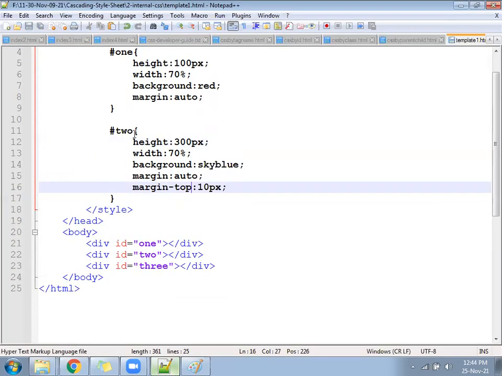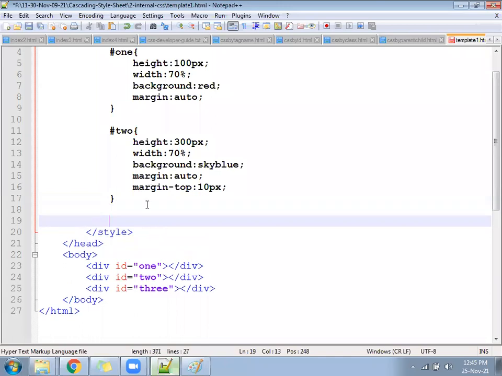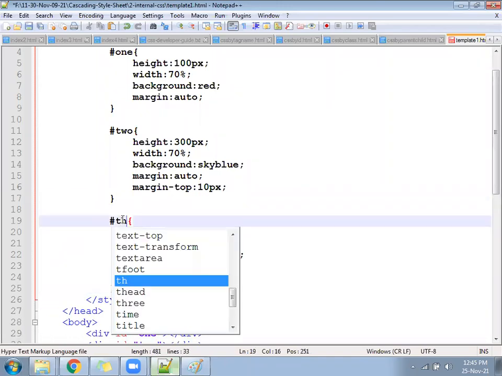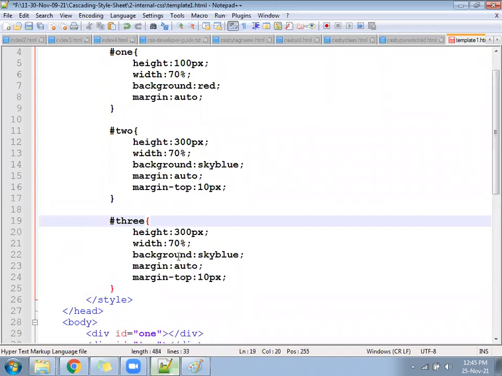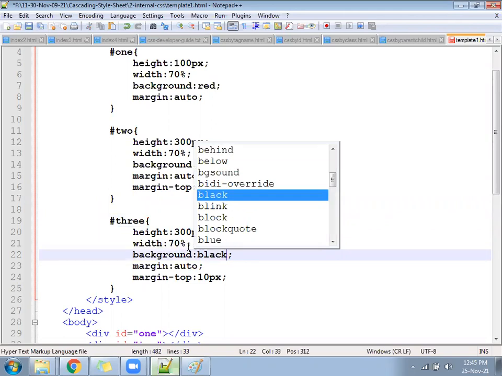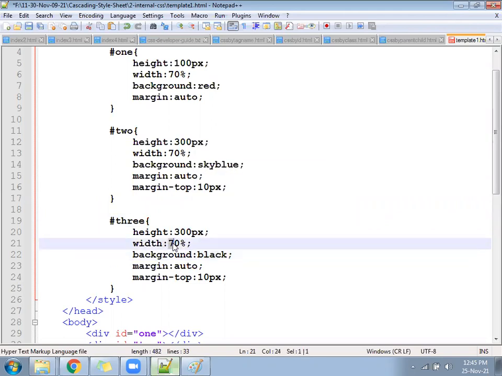Now you need one more division, just like first. Third also. 1, 2, 3. Black color. Width 90% or maybe 80%.